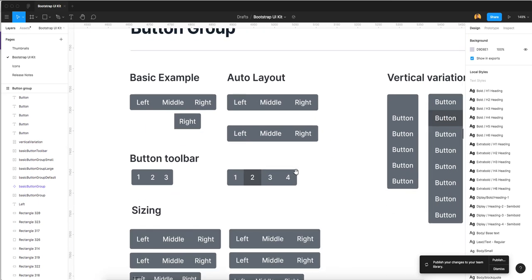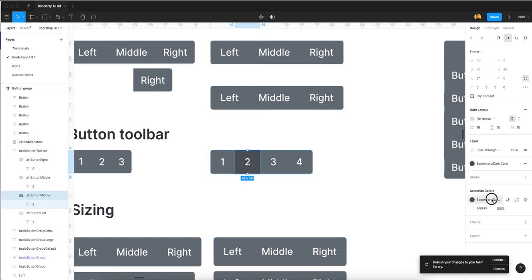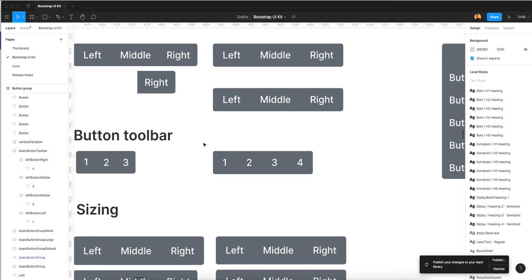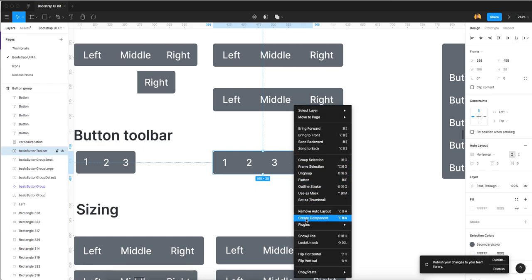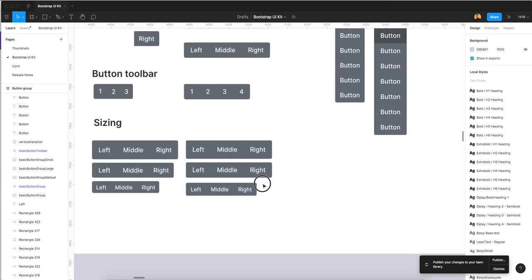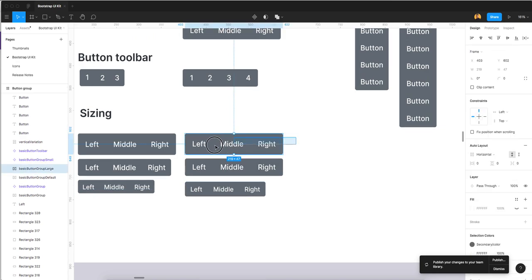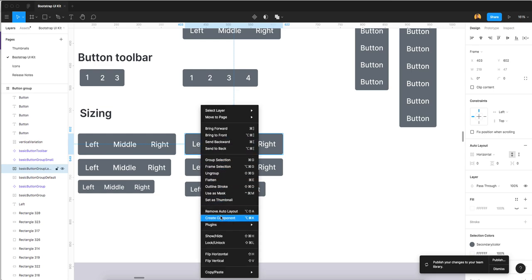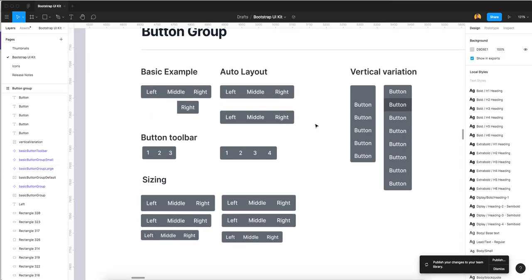So you can now just select this. Before we move on, we just change color of it, default. Okay, now just go to basic button toolbar and convert into component. Again I go to this, this will be the auto layout we created, and now I am going here and creating a component. And again I move with this our large button group and convert it into component. See, this is very useful to use multiple times.